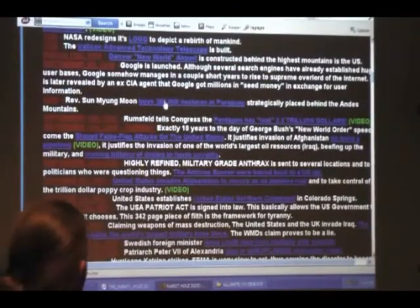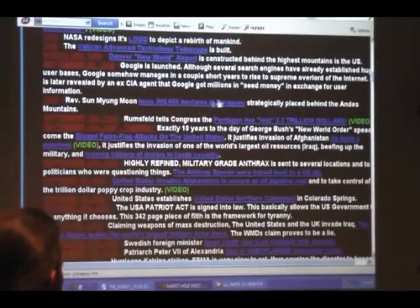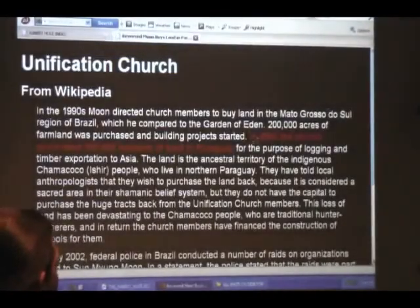Reverend Sun Myung Moon, who's a big neocon friend of the Bushes, him and his Unification Church bought